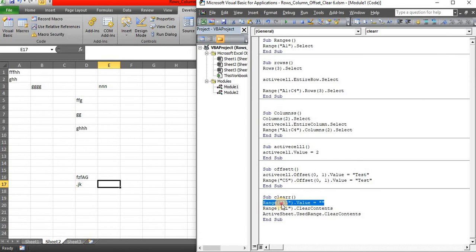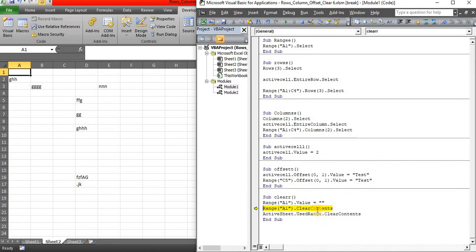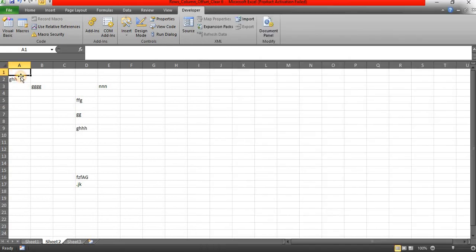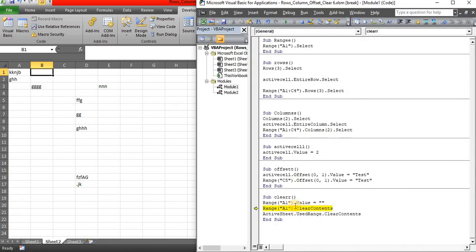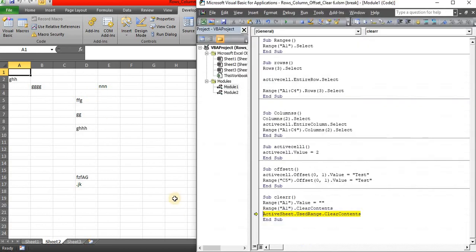I have given the condition as range A1 dot value is equal, within double quotes we have not updated anything, which means the particular range should be blank. So now the range A1 value has been made blank. Next I will update some values on A1 and I will use range A1 dot ClearContents. It will also clear the values.